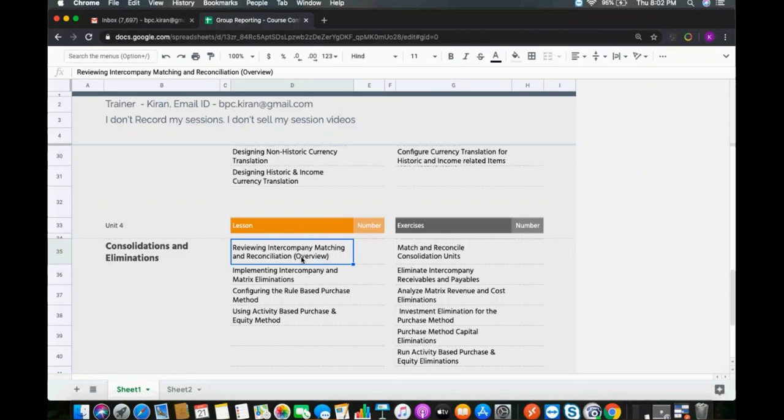Because it goes with central finance. So what I'm trying to understand here is that group reporting is a part of central finance, or even when you talk about intercompany matching and reconciliations. Normally people load the data from a non-SAP system to the SAP system in central finance, and then it sits in the ACDOCA table. So you are saying that when we load into ACDOCU, that is a different table. I'm not sure how it works.